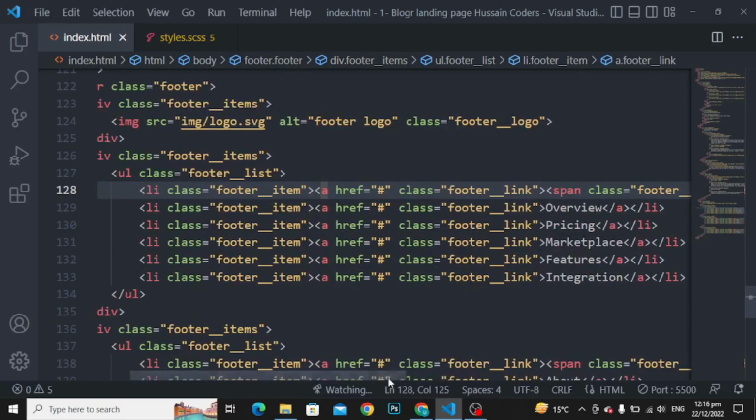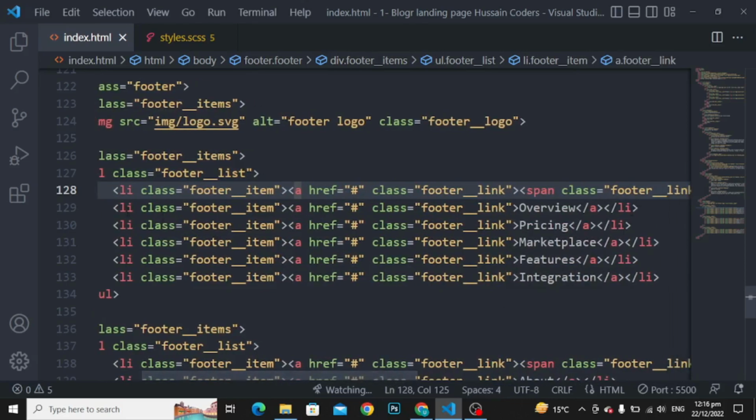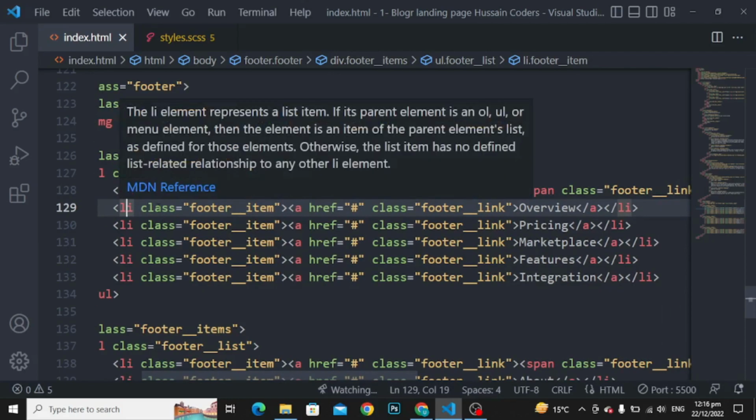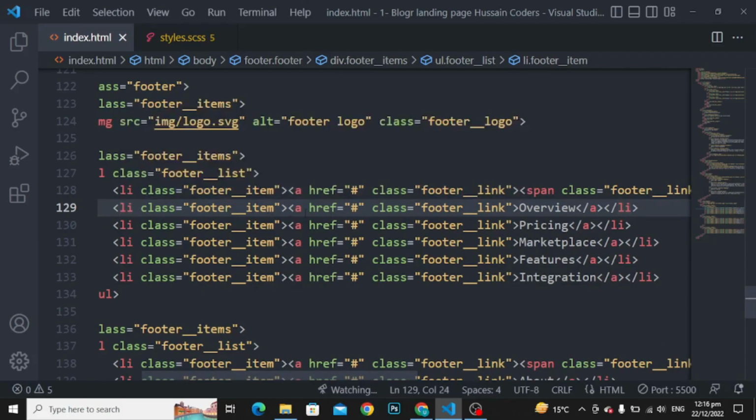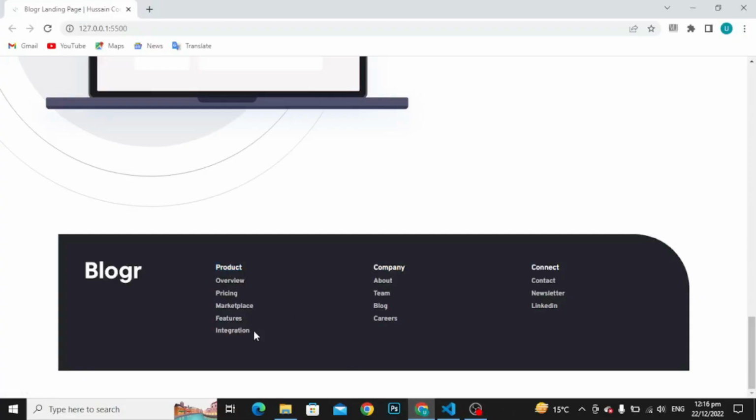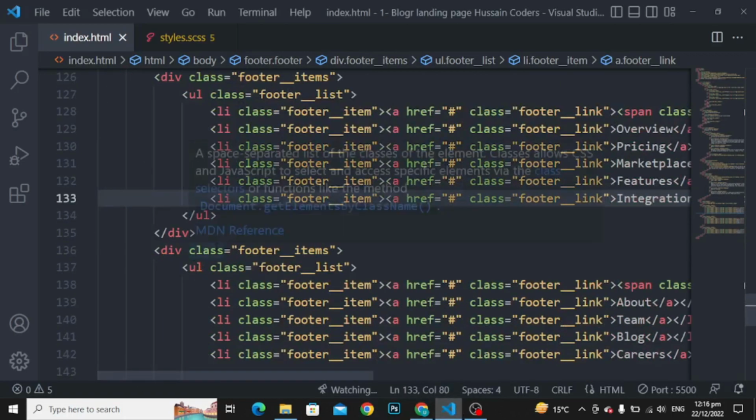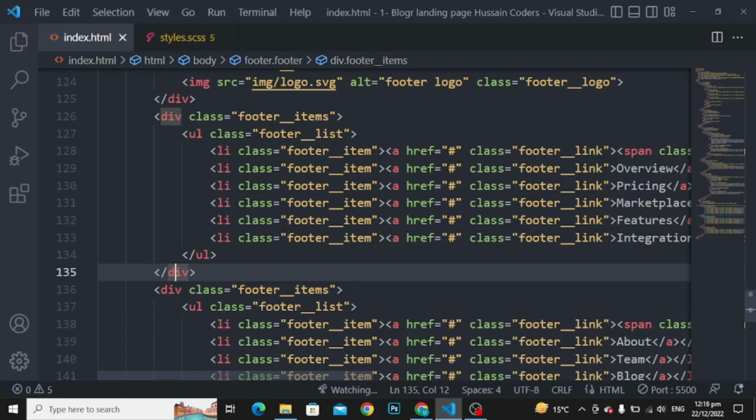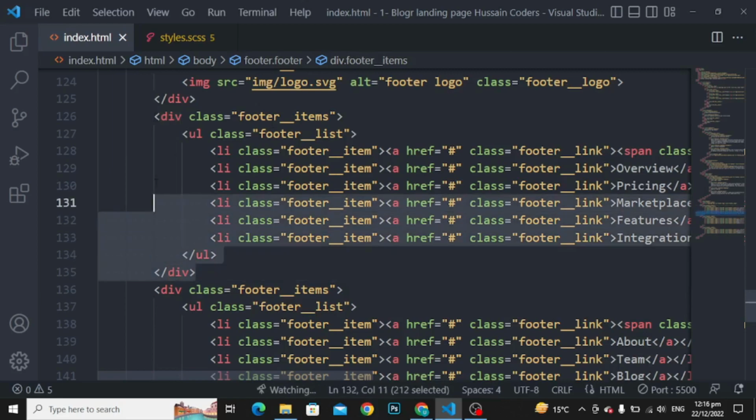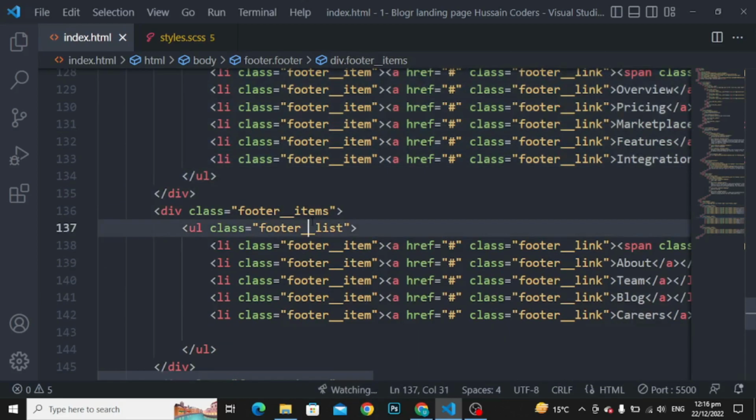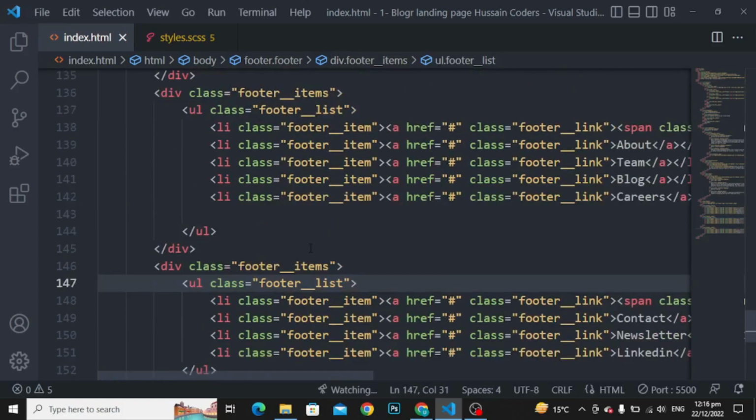These are some easy stuff here. You can use the list class with the name of footer item exactly like this, and then class with the name of footer link: overview and pricing, marketplace, features and integration, as you can see it here. Okay, again you only have to copy this div. As you can see, this div starts from here and closes here. You only have to copy this div and place it here one time,